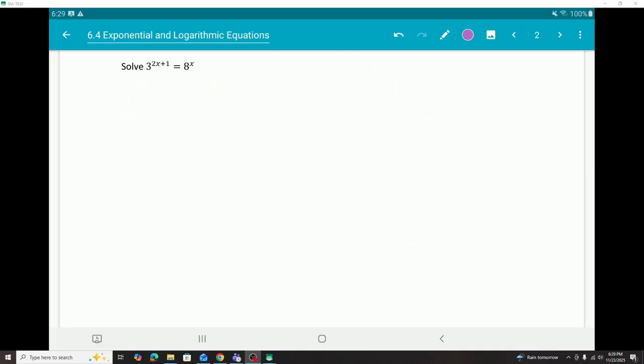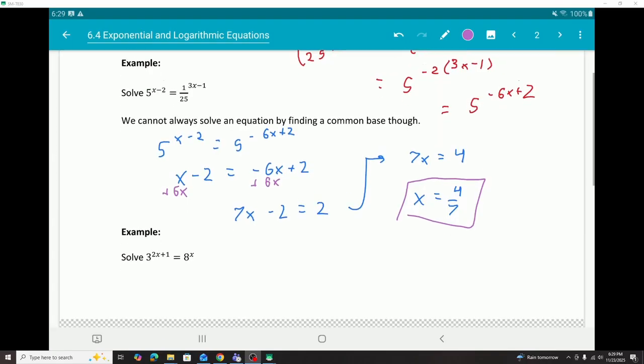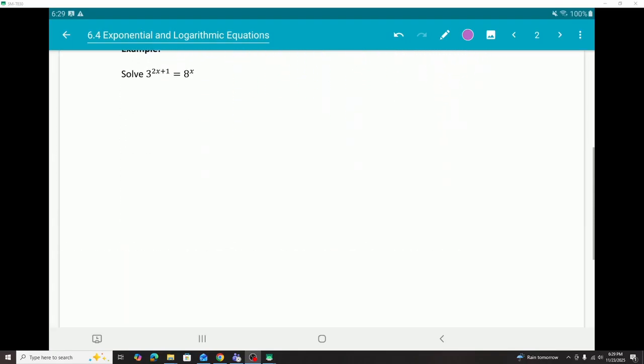All right, next solve. 3 to the 2x plus 1 equals 8 to the x. So we're kind of out of luck now. There's no way to convert 3 to 8, at least not in a clean way. You technically can do it with a weird logarithm, but that's essentially doing what we're going to do right now. So when you can't match bases, what should you do? We should